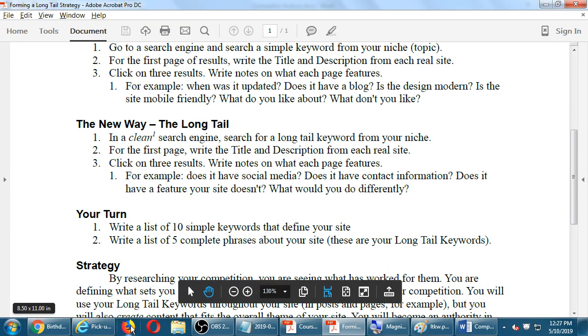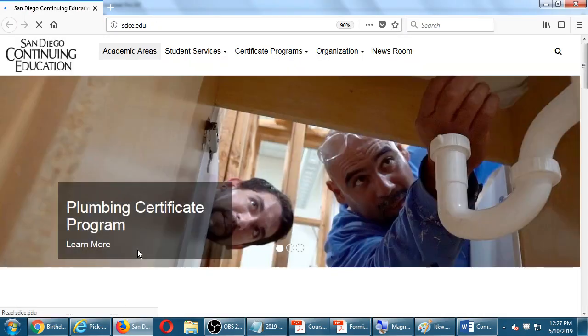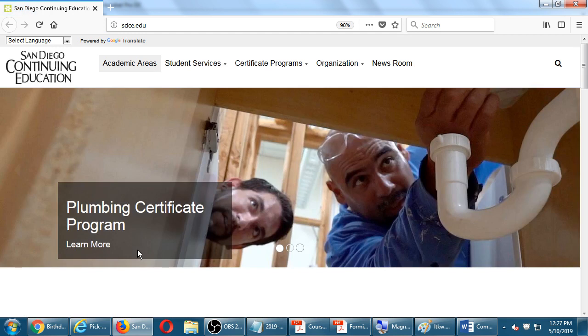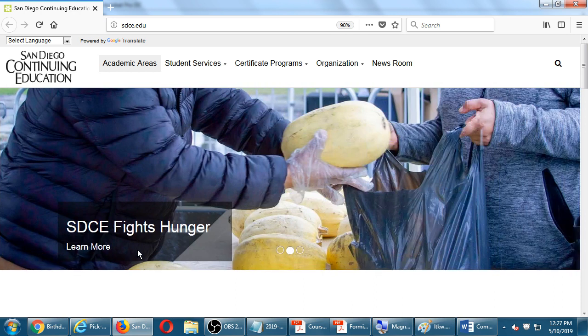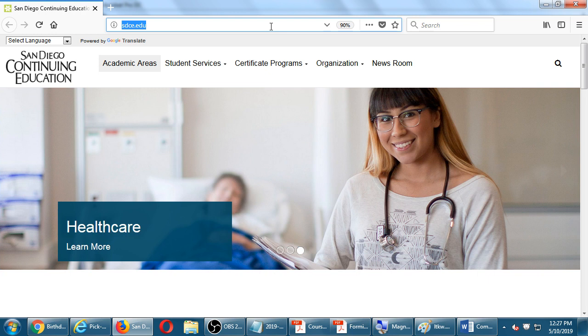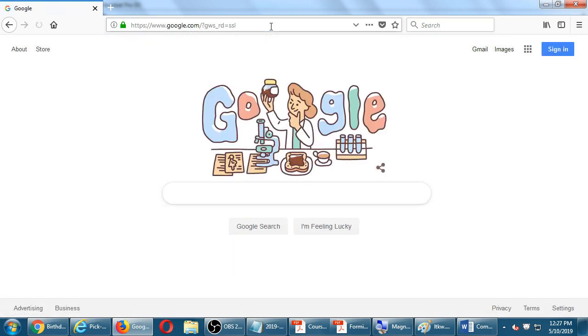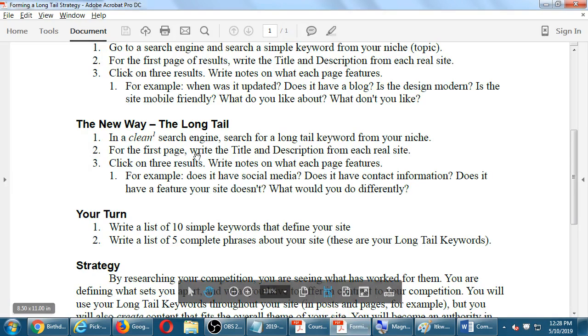I'm going to go, in this case, to Firefox. I have not used Firefox all day long. It's a clean browser. Maybe you have your main browser and some other browser to do this SEO stuff. I have not gone to this browser. I have not gone to any of these search engines today. It doesn't know anything about me just yet. And in this second new way,